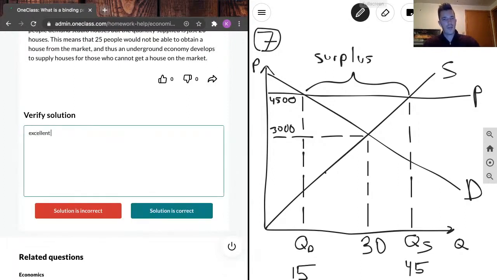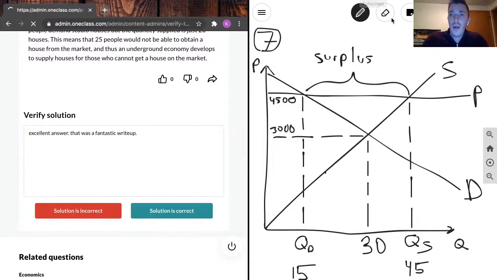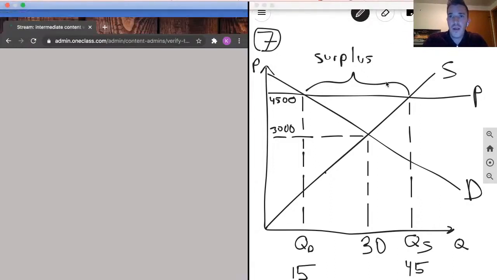Give you guys a second to take a picture of that. And we can move on here to